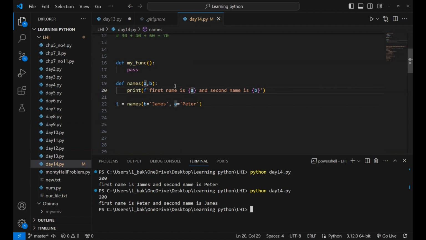So we are no longer using position to determine the argument we are passing. We're actually saying B is equal to, even though it's the second argument, we are just injecting it at the first place. And the first argument, which is A, we are putting in the second place. So it doesn't matter now what position you put it in, the code will